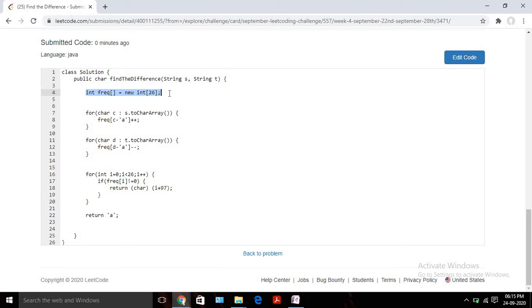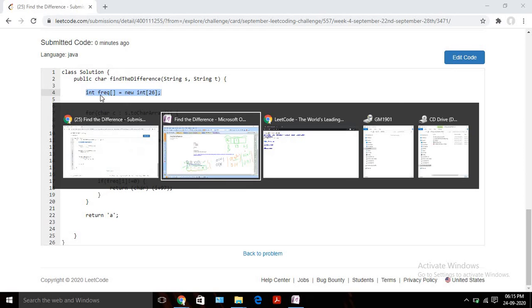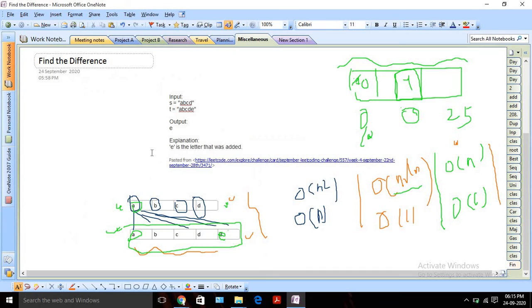Let's try to see another approach, right? Here we are using an extra array, though its size is constant. I think we can still solve it without using any extra array. So what can we do? Earlier we solved a problem like this, right? We identified the extra number between two arrays. So you can use a similar approach.